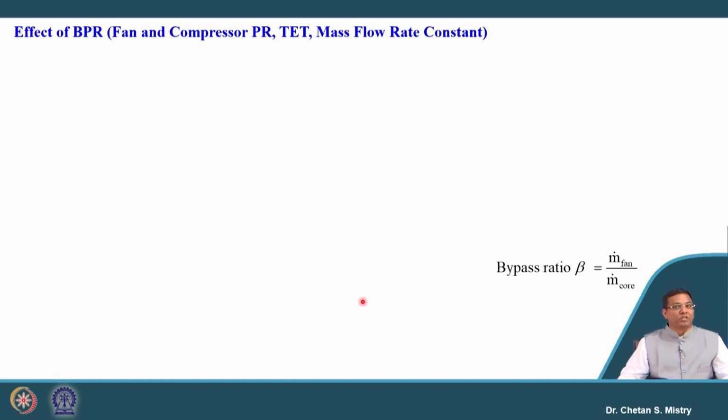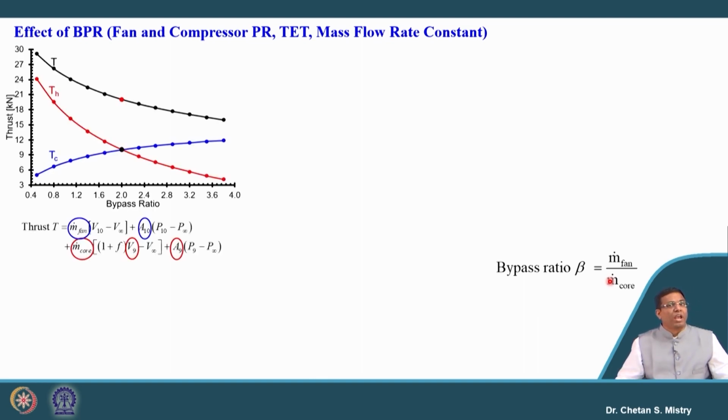It says my bypass ratio. What do we know about bypass ratio? This is given by m dot fan by m dot core. So, when I say I am increasing my bypass ratio, the meaning is my fan mass flow rate is higher, or we can say my core mass flow rate is lower. Let us try to look at that. Here in this case we have taken my mass flow rate to be constant. Since we are increasing our bypass ratio, the mass flow rate to my fan will be higher,